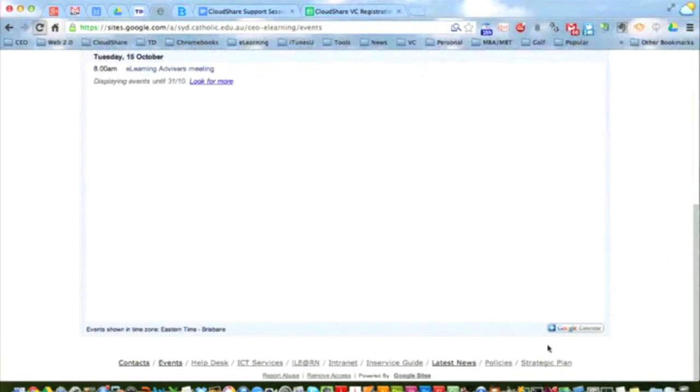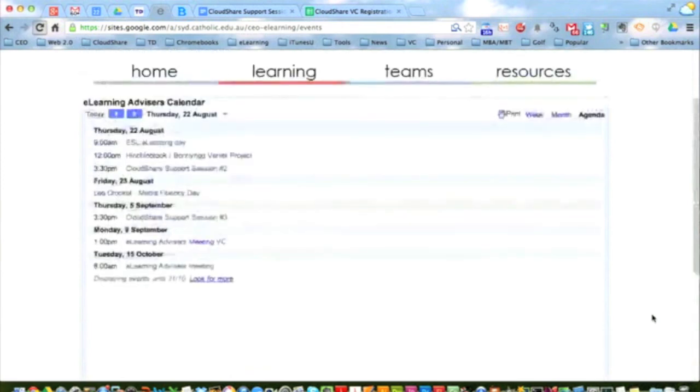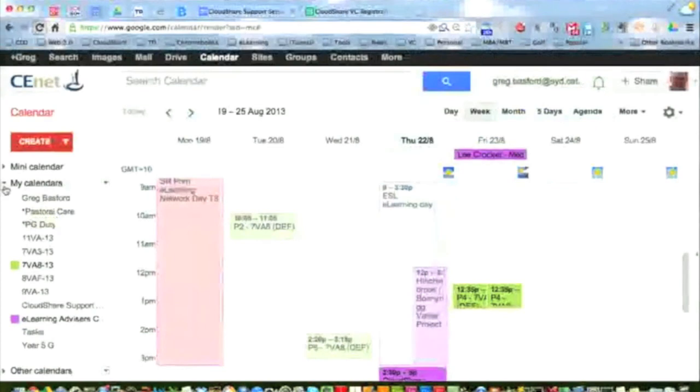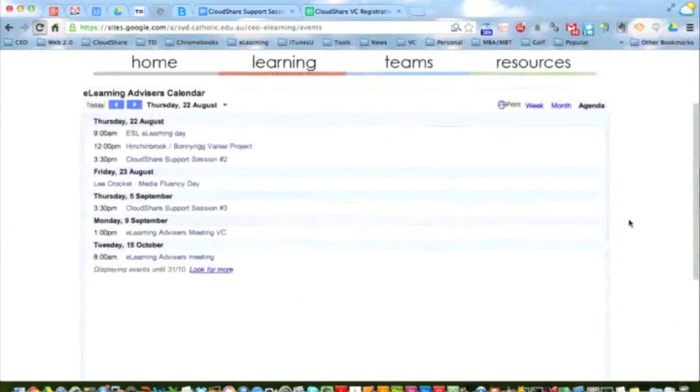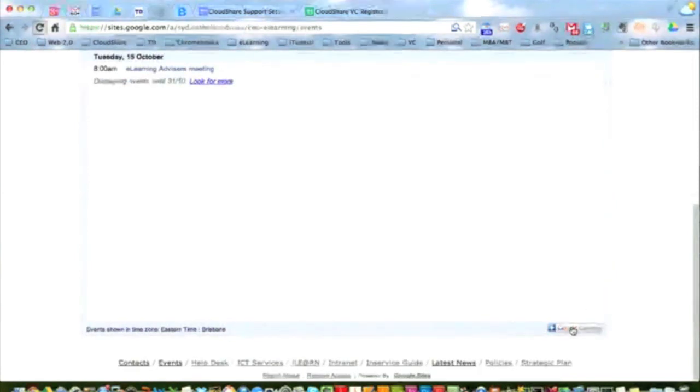If you scroll down to the bottom of where the calendar is embedded on the site, you'll see a little button that says plus Google Calendar. I love this because if I say, all right, well, actually, I want this eLearning advisor's calendar to come up in my own calendar, to actually appear here as one of my other calendars. Get it to appear in this list. I can simply go to this button down the bottom, hit plus Google Calendar,